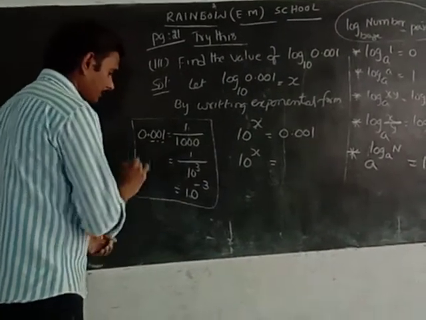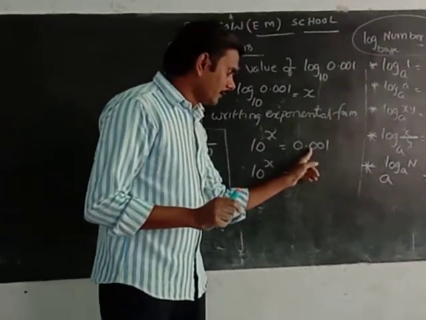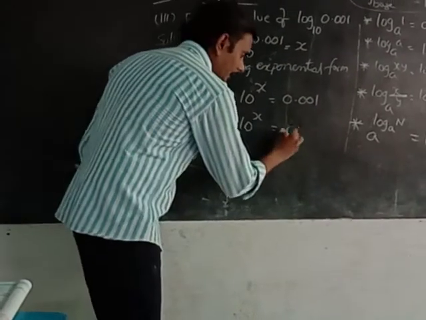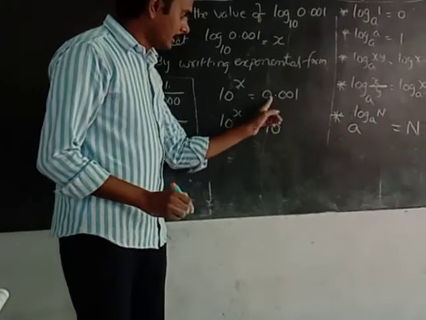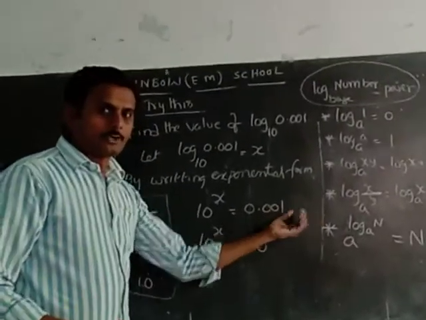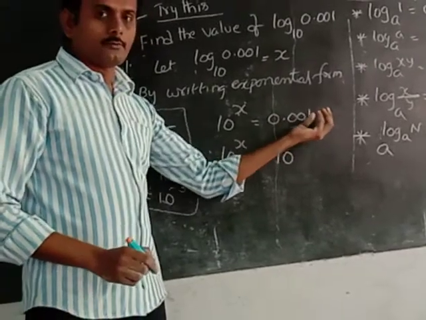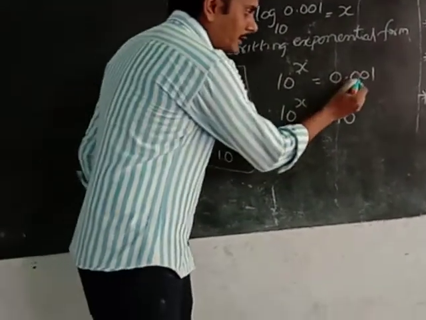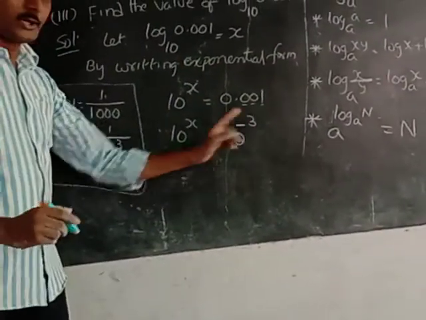We want to get the exponential form for this one. We have to remember the zeros after the point: 0, 0, 1 like that is given to you. Write the 10 and keep a minus here. Whenever there are zeros after the point like 0, 0, 1, you can write directly. Otherwise, you can do the process like this. How many digits are there? 1, 2, 3. Here write 3. Okay, 10 power minus 3.